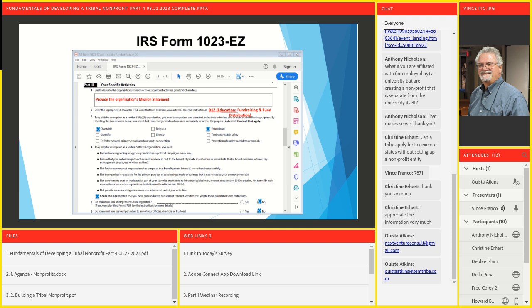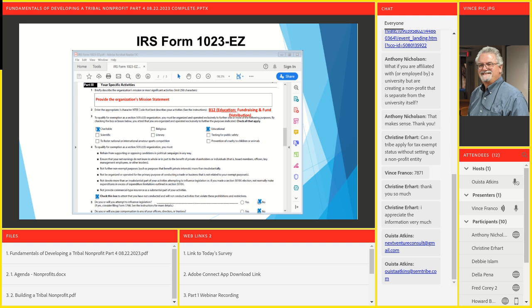Those are some of the laws that are in effect. And any of us that have federal grants know that you cannot use federal funds for the influence of legislation in any way, shape, or form. So that's what they're talking about, some of the rules. All right, number 5: do you or will you attempt to influence legislation? There it is, point blank. No, you're not going to do that.